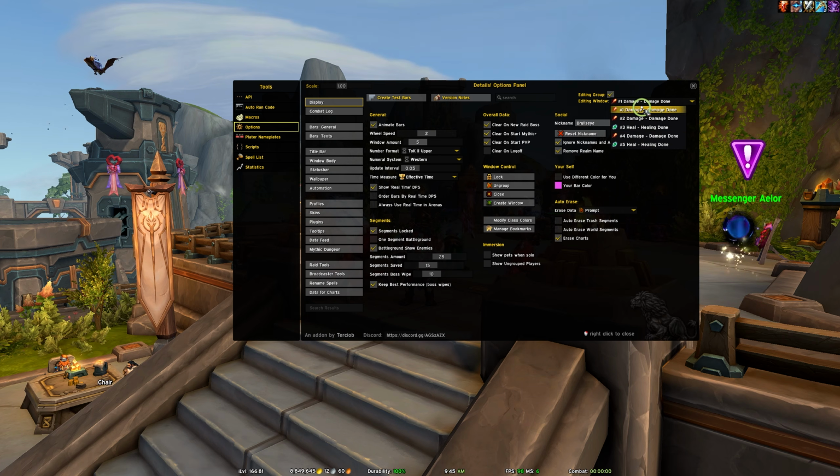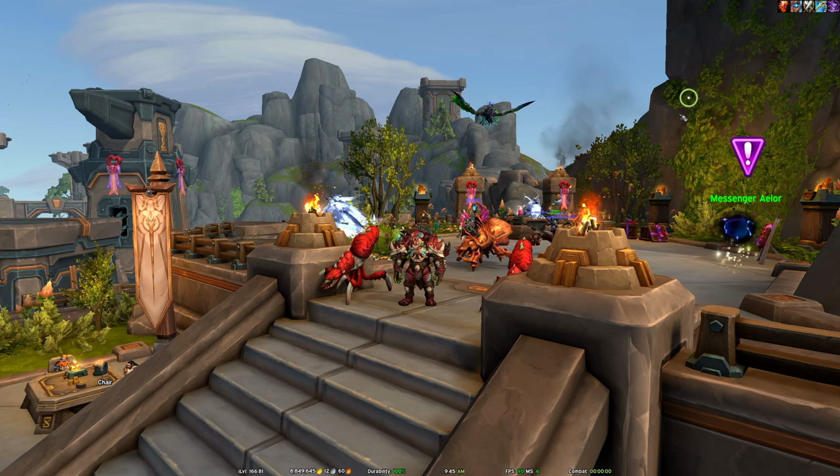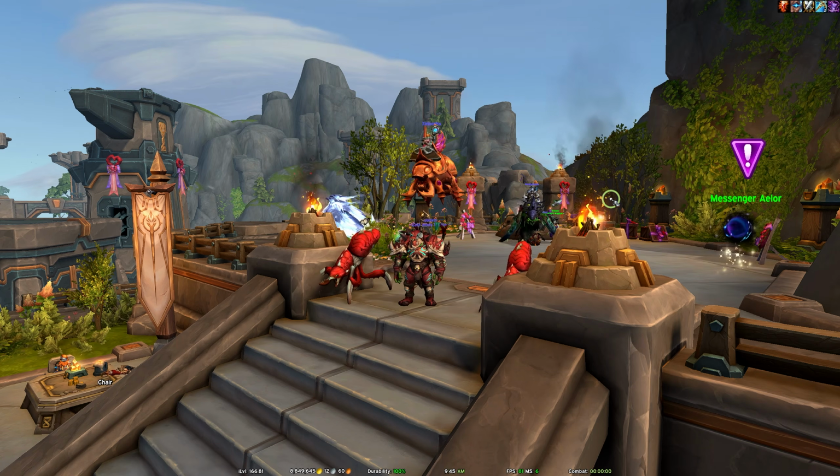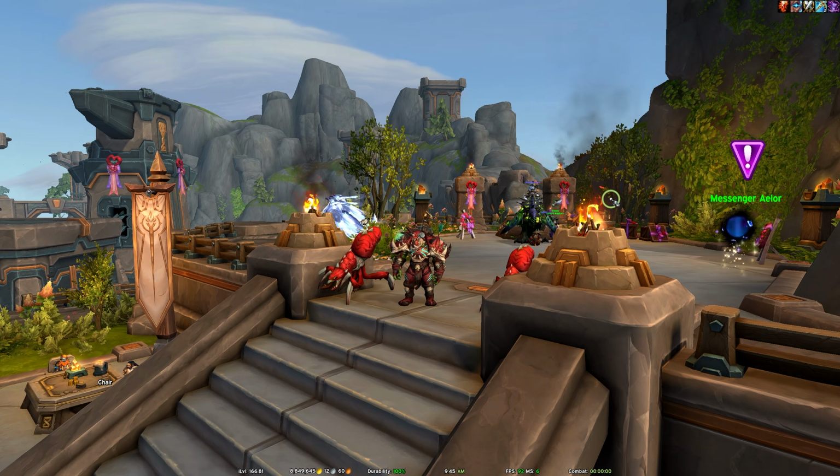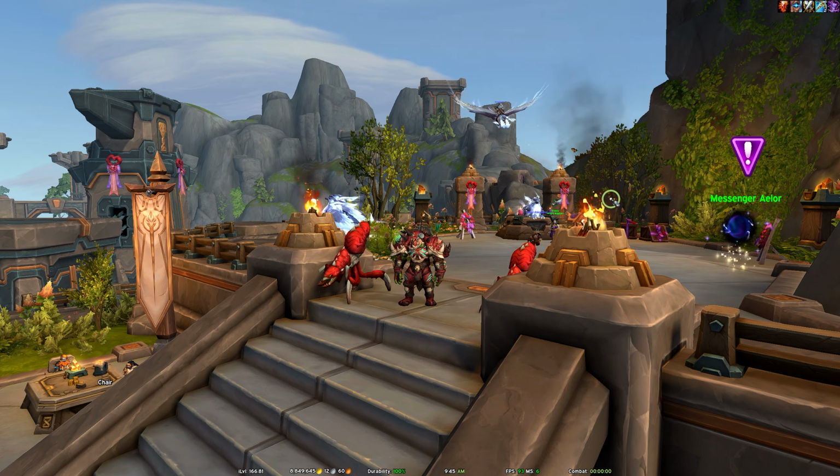And what this allows me to do is track and represent what kind of damage and healing and the breakdown that I specifically want to see based on where I am. Raid versus Mythic Plus versus open world. I don't have anything displayed when I'm in the open world at the moment, just because who cares? I don't need to know what kind of damage I'm doing on a quest mob.